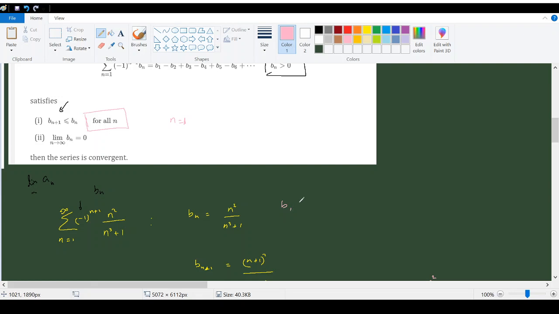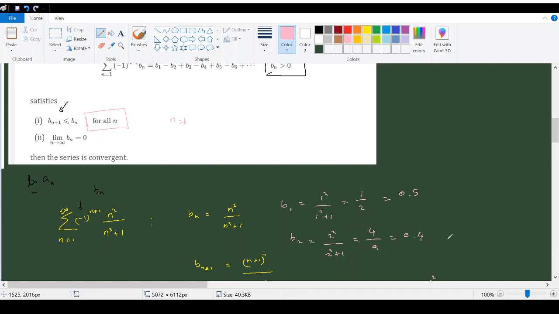When n is equal to 1, that means b1 is equal to 1 squared over 1 cube plus 1, that is equal to 1 over 2, and b2 is equal to 2 squared over 2 cube plus 1, and that is equal to 4 over 9. And you can see that this is equal to 0.5 and this is equal to